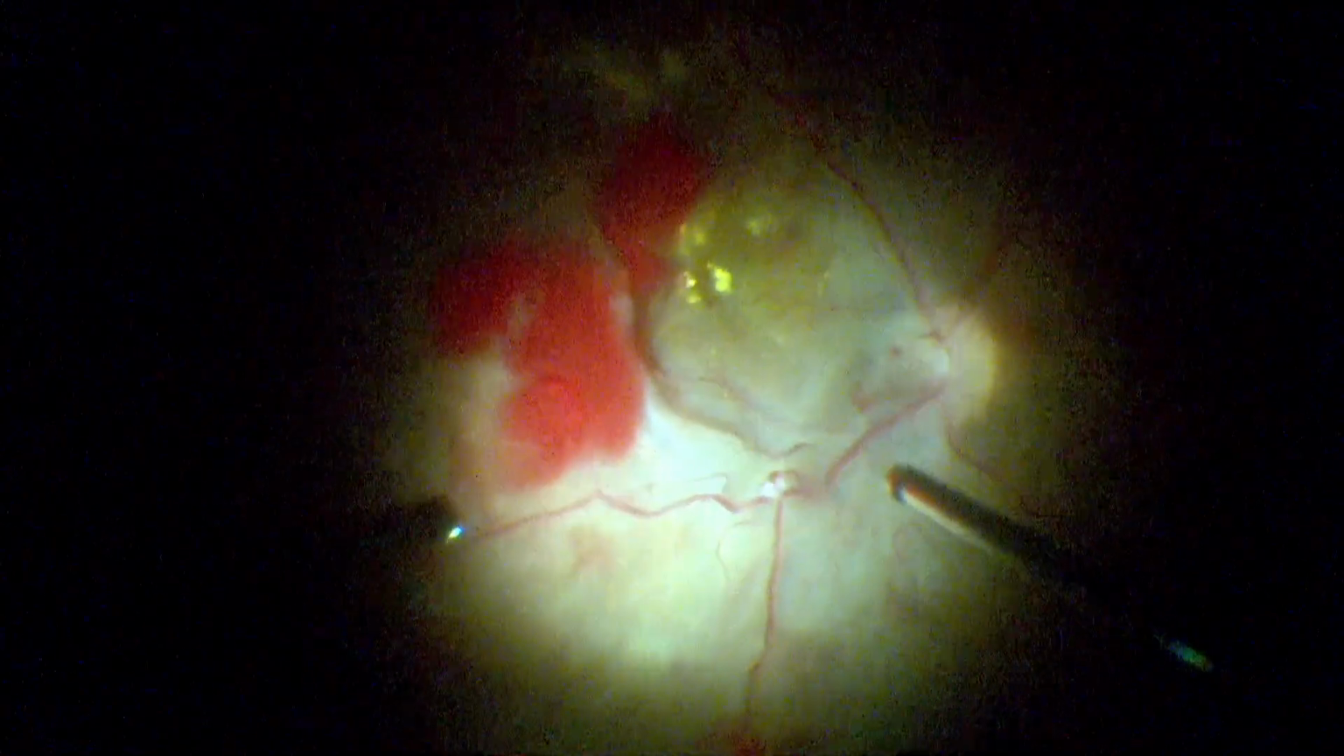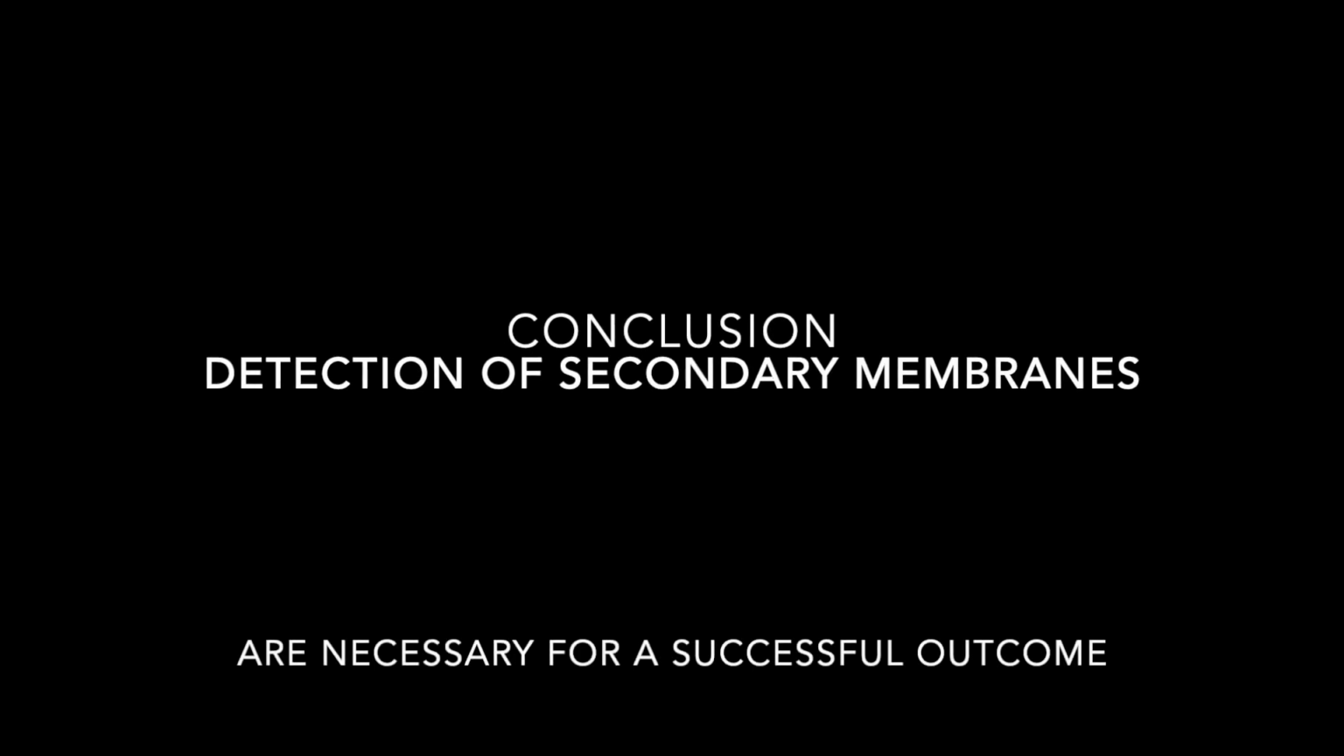So, the clue in diabetic vitrectomy is to be able to identify these secondary membranes to enable you to get a good surgical outcome in these complicated situations. So, in conclusion, detection of secondary